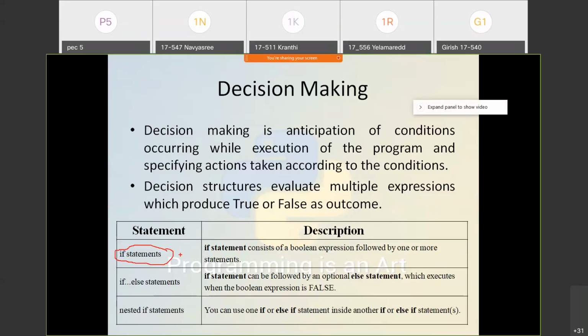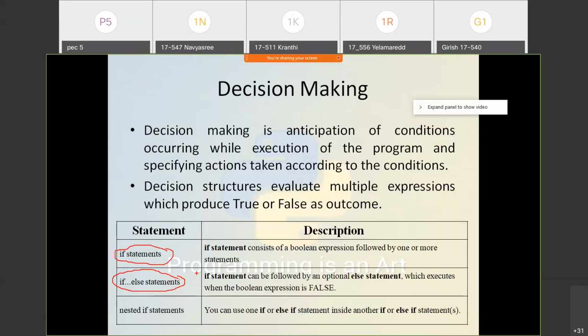The same way, we have the if else statement here. How will it work? First, the condition will be checked. If the condition is true, some block of code will be executed. We have a false case also. Suppose that condition is false, and I want to execute some other block.